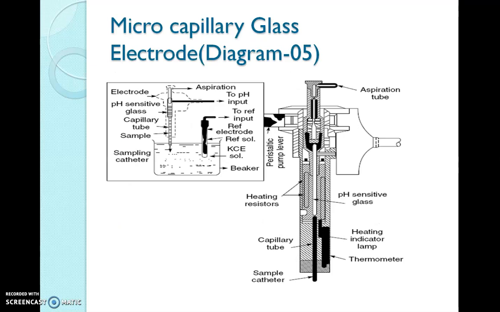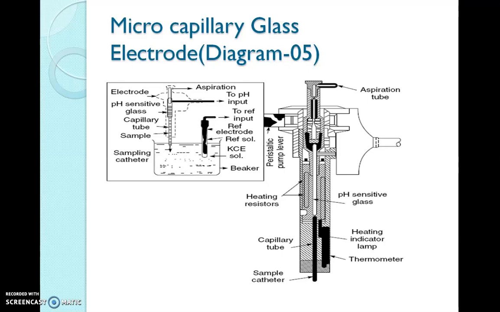So this is the diagram of the microcapillary glass electrode. The combination of electrodes, comprising both measuring and reference electrodes, offers single probe convenience for all pH measurements. Several instruments offer the ability to measure pH in small containers with as little as 250 microliter of the sample. Now the drawbacks of the conventional macro and micro cell pH electrodes when used for biomedical applications.